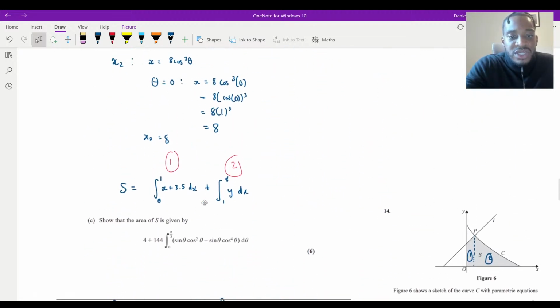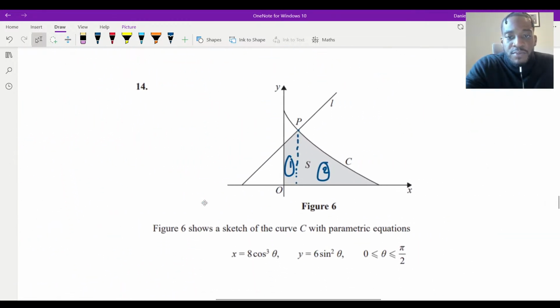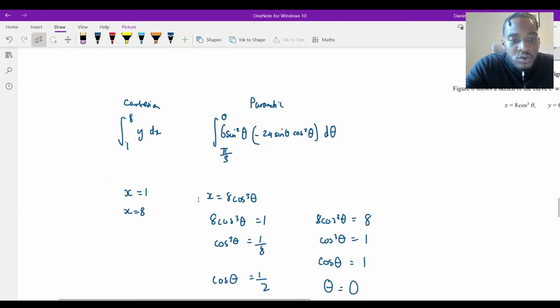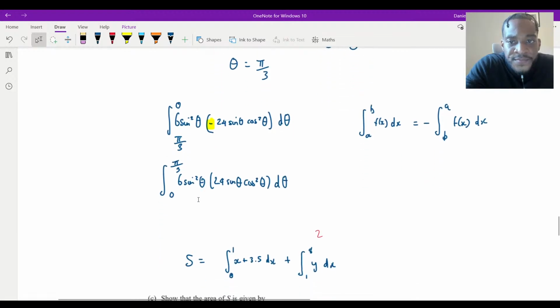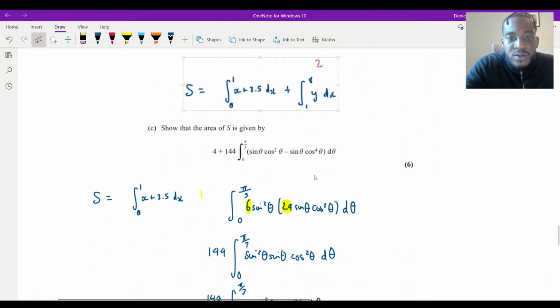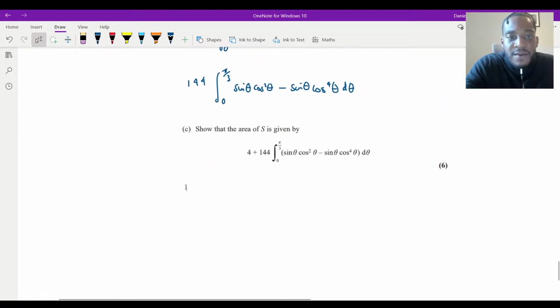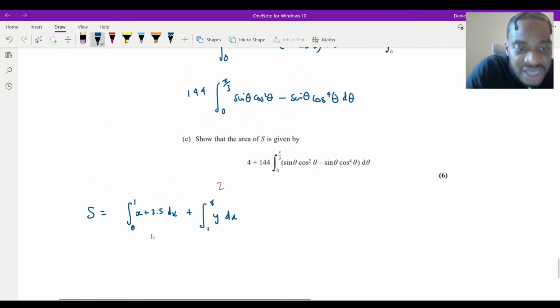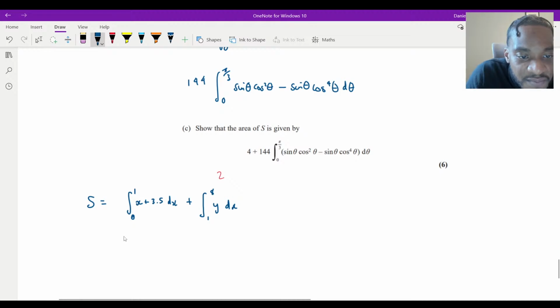Let's go back. It was the integral. We had to get these two parts. We've done the area of 2. We've done that. We need the area of that, which we said is the integral of, where was it? I think I had it somewhere. Where is it? This one right here. Remember, this was S, by the way, like that. So now all we need to do is just work out that part. We need to just work out that part right there. And that's easy. We need to just work out this part here. That's easy. That has to be 4. So if I integrate that, that's going to be x squared over 2 plus 3.5x, like that, between 0 and 1.